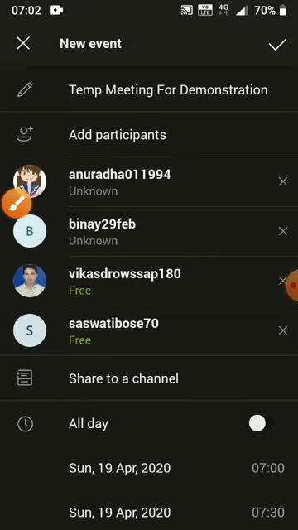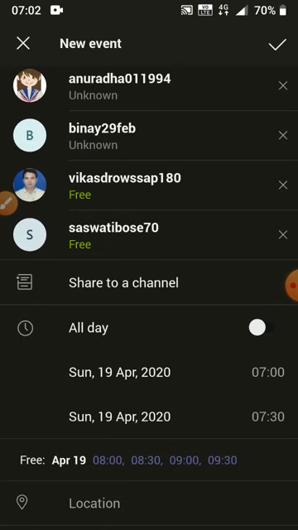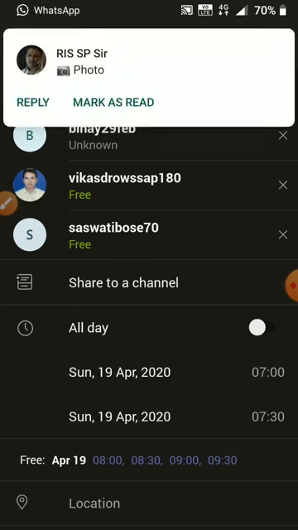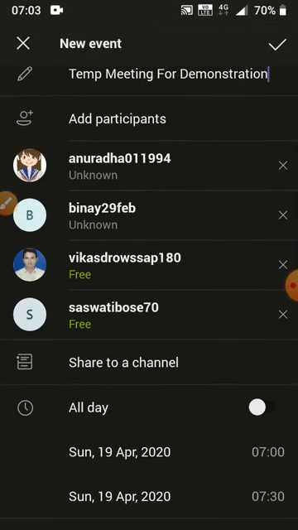It means their calendar is synchronized, and my team scheduling is matching with their calendar, whether at 7 o'clock on 19th April 2020 they are free or not. You can see here that Vikas sir and Saraswati Bose ma'am are both free, but the status of Anuradha ma'am and Binay sir is unknown.